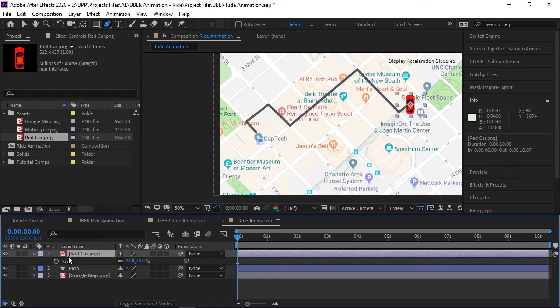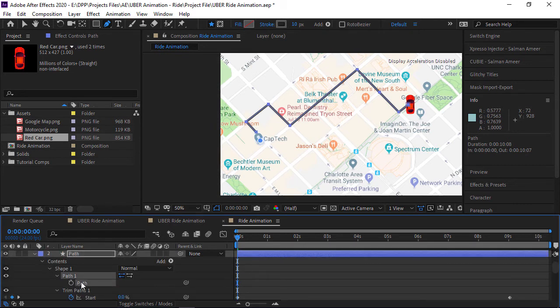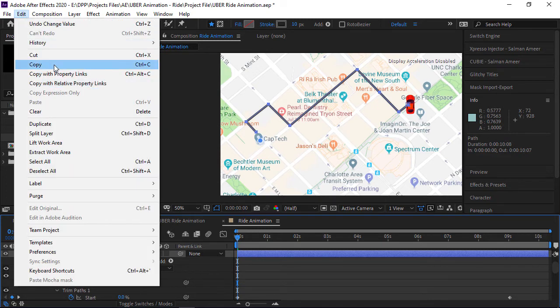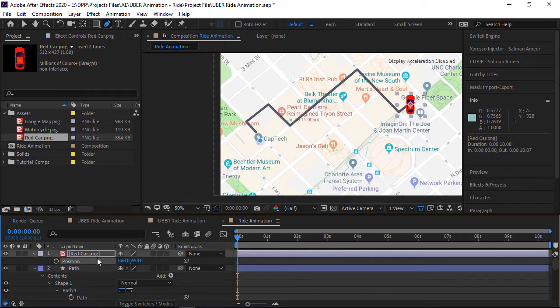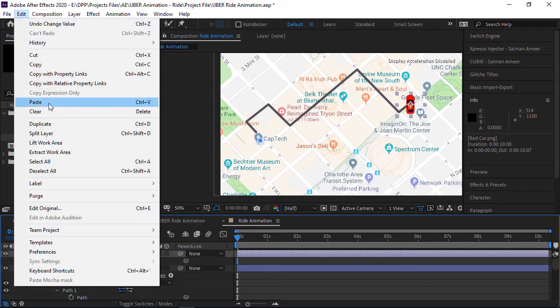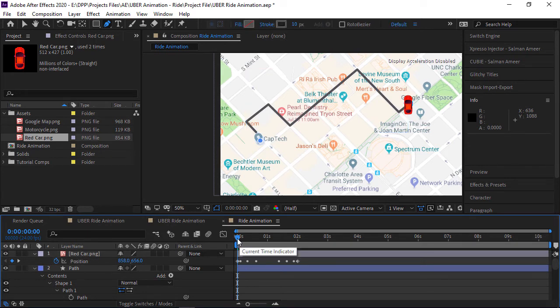And we need to animate our car along this path, so we will take our path, select your path, and copy, and then select the position of your car and press Ctrl V or Edit, Paste. So now our car is aligned, but as you can see, if I reveal this keyframe property,